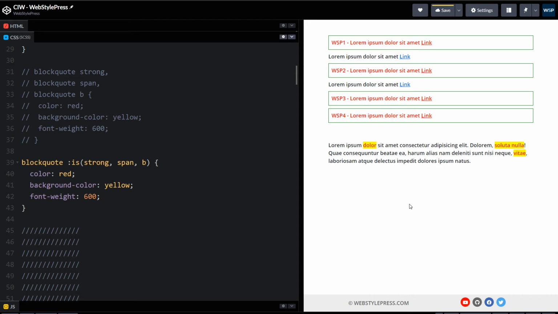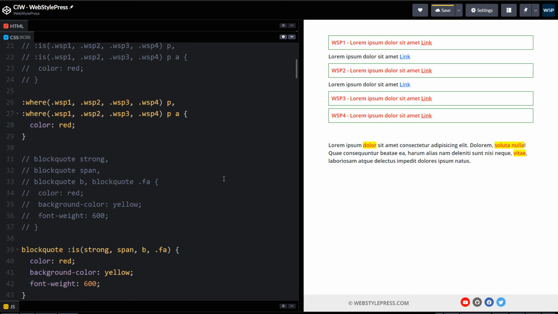And later, let's say if you have to add more elements in the list, it's very simple. Let's say you want to add another class here, .fa. You will just mention it here, while here, you'll have to write the whole blockquote and then .fa like this. Okay, this is how we use is and where.